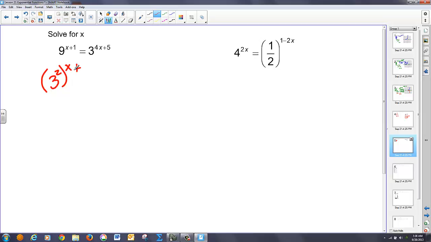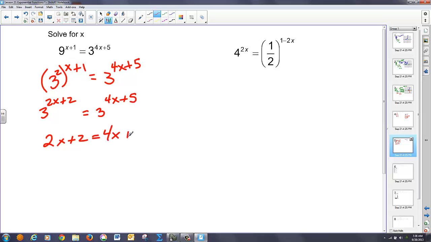And that's raised to the x plus 1 is equal to 3 to the 4x plus 5. Now I have properties of exponents that say if I have a power raised to a power, I can multiply those powers. So this is just 3 to the 2x plus 2 is equal to 3 to the 4x plus 5. And now you'll notice my bases are the same, so I can drop the bases out and set the two powers equal to each other